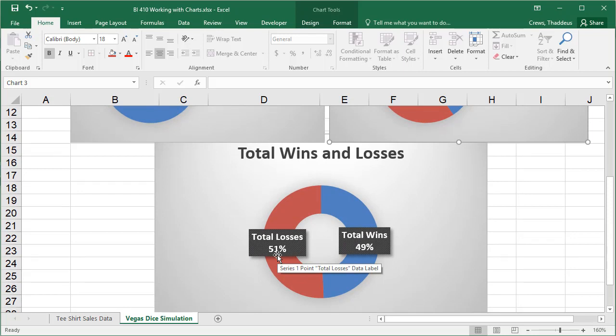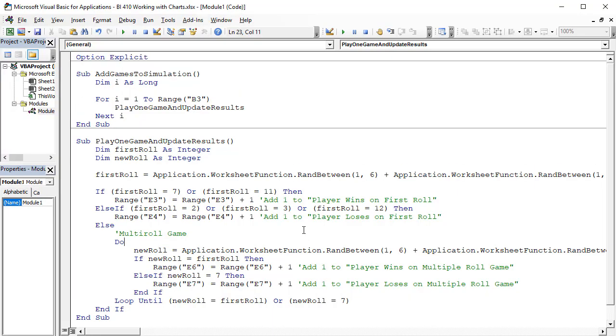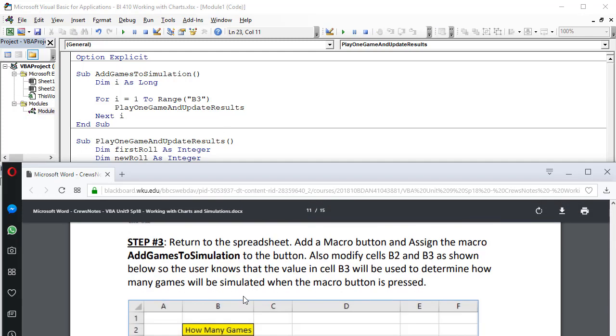Your ability to visualize this simulation and show these results from data that you created using your own simulation, data that you simulated using VBA code, and then charted using Excel, is a nice little activity. And I think you'll see that at the end of the assignment,